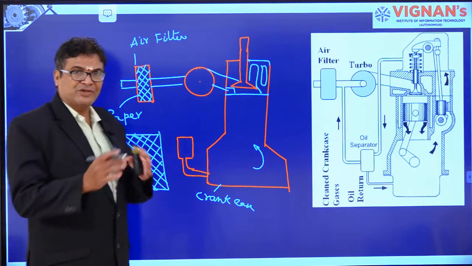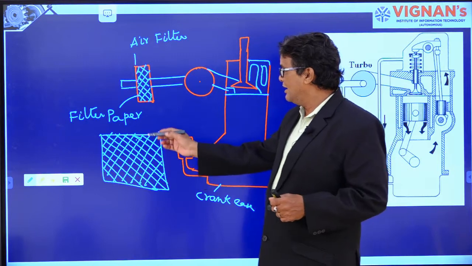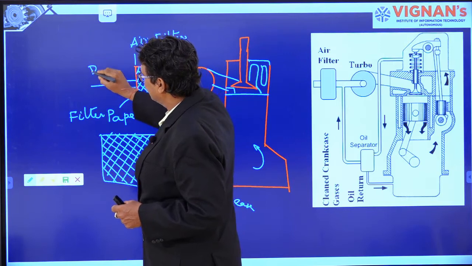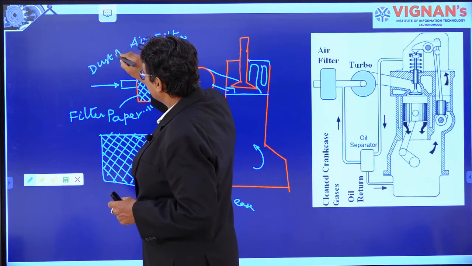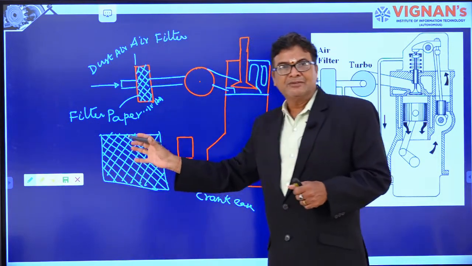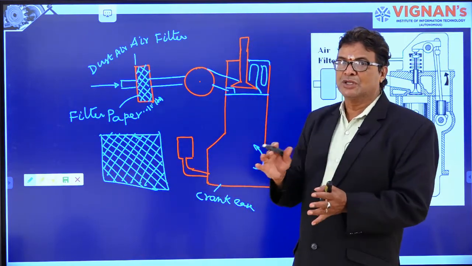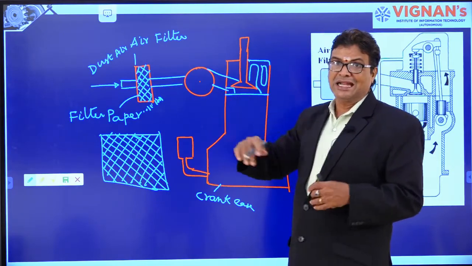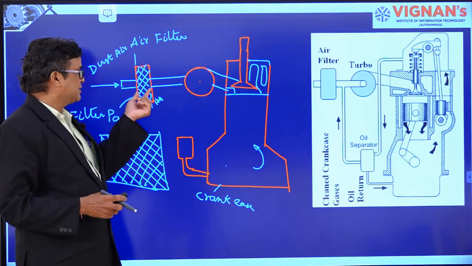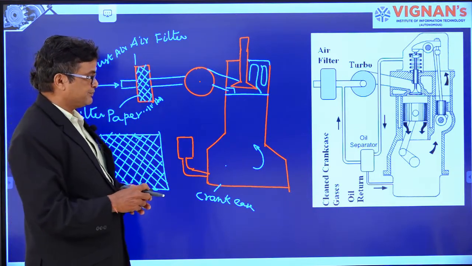The filter paper is of different sizes, and it has small holes in between. The air which is sucked into the cylinder has dust particles. The atmosphere has dust particles. These dust particles are filtered by the filtering element, and this filtering element is to be changed from time to time so that pure air in higher quantity is allowed into the crankcase. Also the filtering element should be cheap and should be changed from time to time.